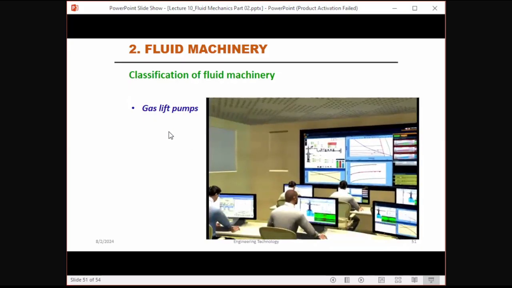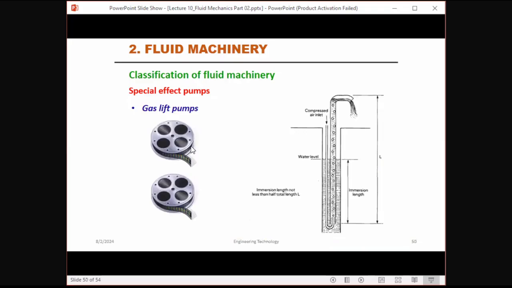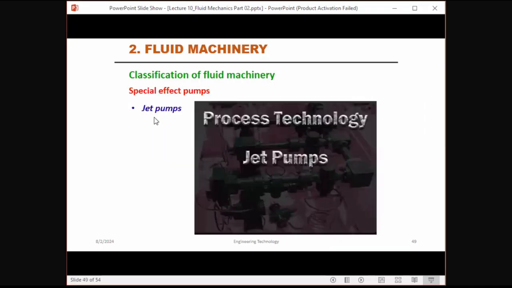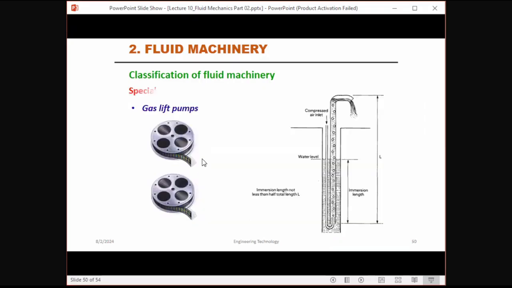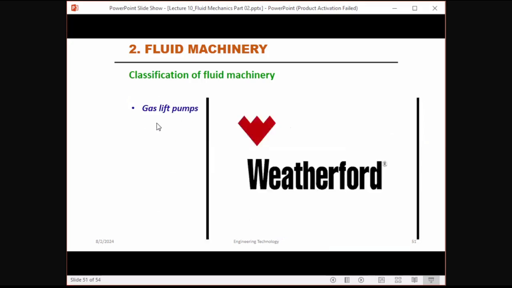Okay, this type of pumps are very special pumps. No need to study deeply. You just need to take an idea about what the gas lift pump and jet pump are. Then the next pump is